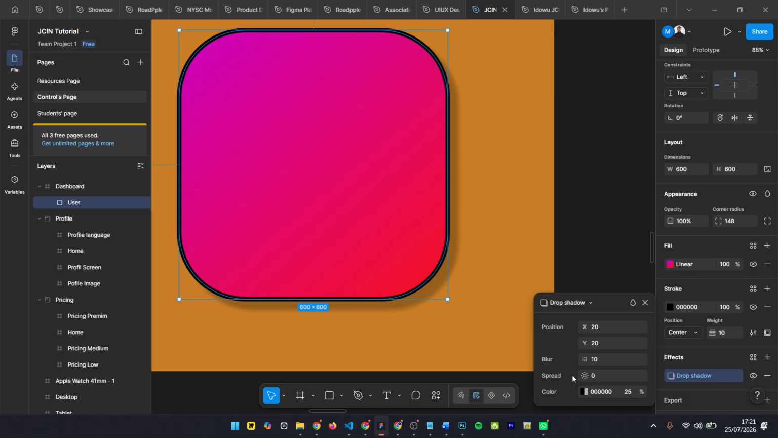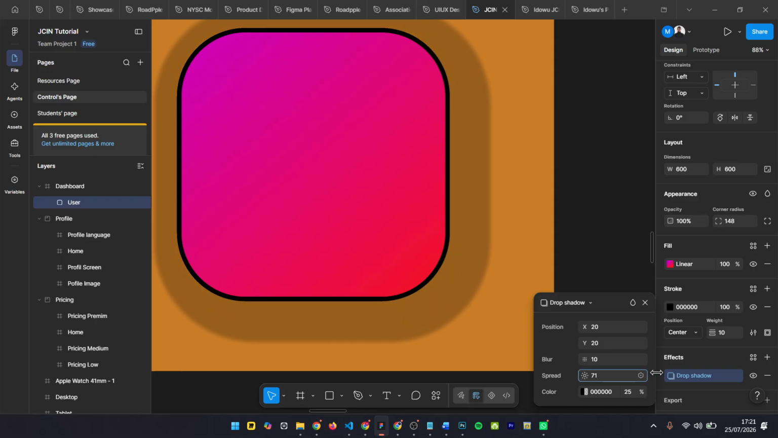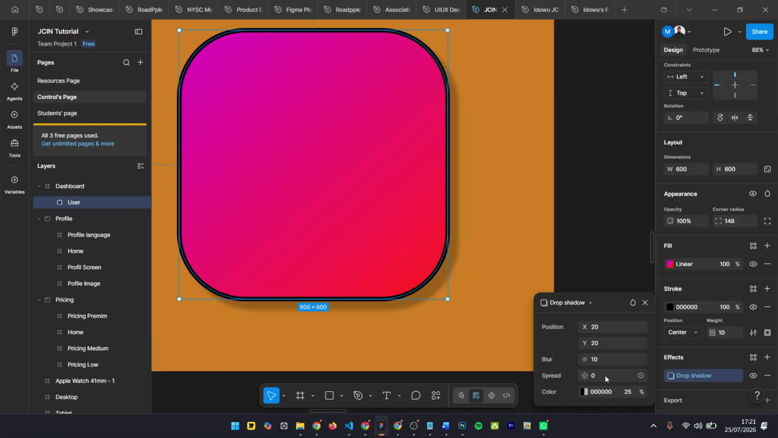And then, of course, you have the spread. Spread is the amount by which the shadow is spread. Let's just increase it so you can see now. That is becoming bigger and bigger. Mostly you are going to be working with 0 or 2 or 1. But for now, let's just make it to be that